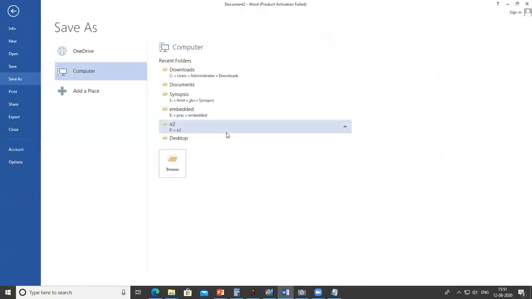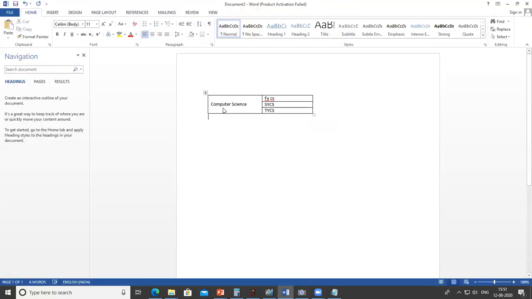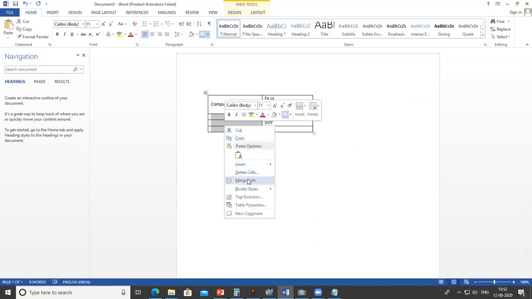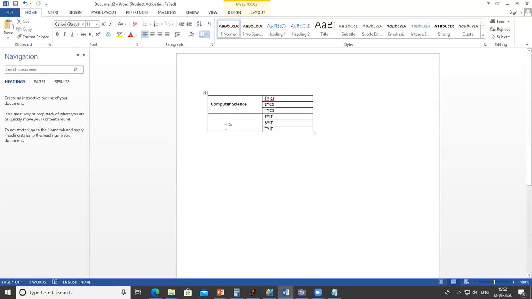Suppose I want to add one more. Suppose here FYIT, SYIT and TYIT. I want to merge this one. So right click and merge. Here I write information technology and click on add.